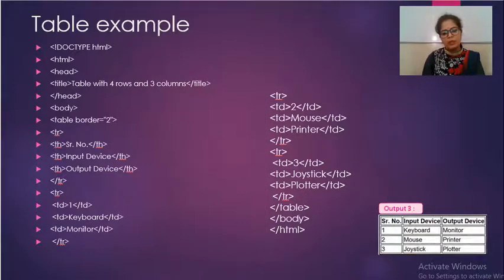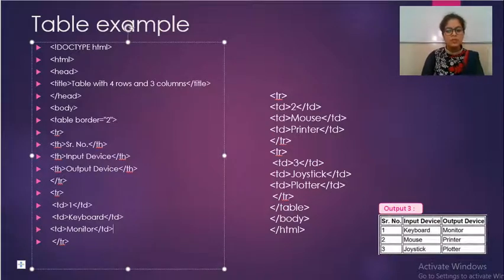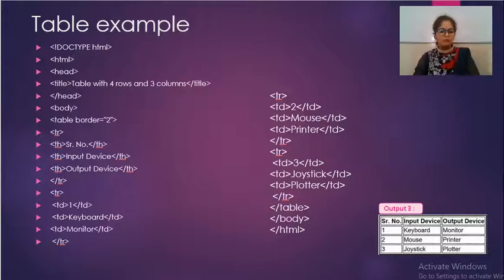Now we have to end the table tag that we have initialized here. So end with the close table tag, close body tag, close HTML tag. So students, this will create a table on your web page with this type of layout. This is how you have to create a table. Now I want to show you the output, how you have to write this code in your notepad and how you will get the output. So let's start with this.